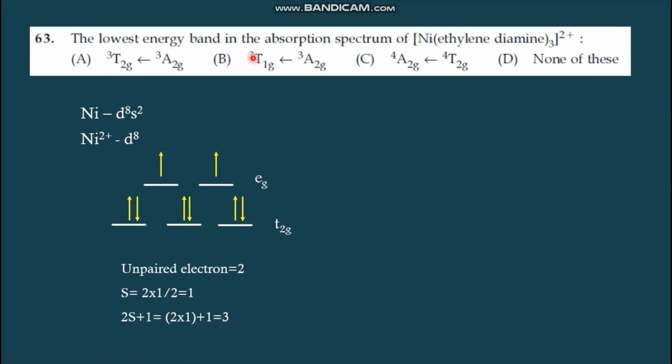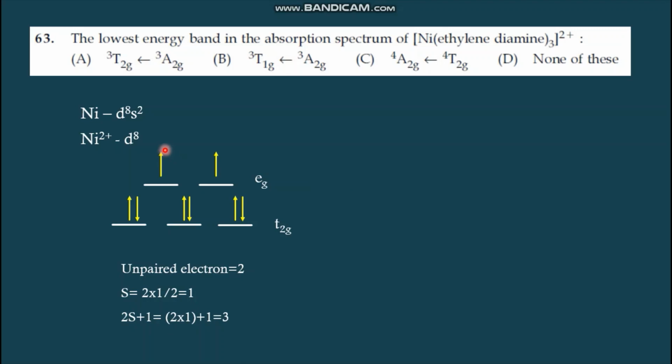This also we did in term symbols. These are Mulliken term symbols or Mulliken terms. So this we did, I think two or three questions are from term symbols. We already discussed that there, and now we have 2S plus 1 value 3. So option A and option B are with 2S plus 1 value 3, so we can omit option C, it is wrong. Now we have to check whether A or B.